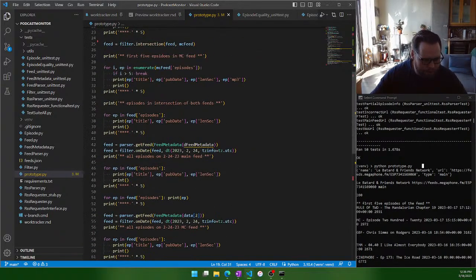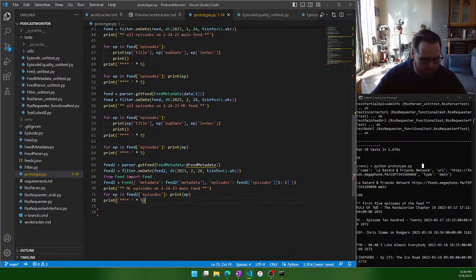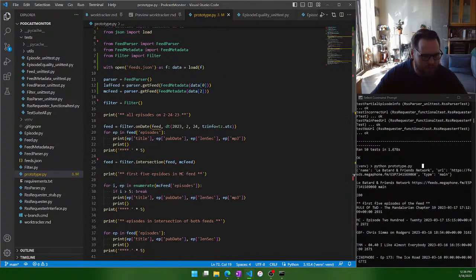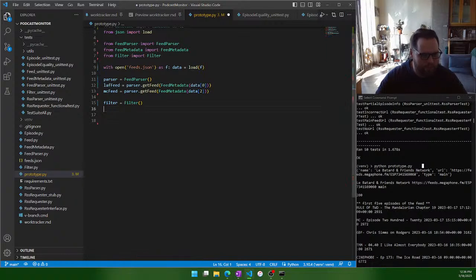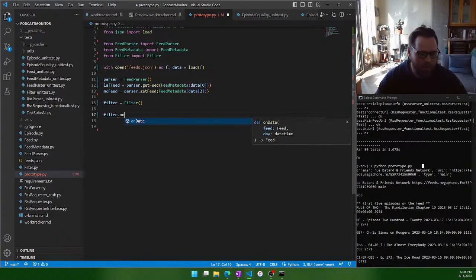Okay, and then we can get rid of all of this. We can get rid of all this stuff now too. So get rid of all that. Okay, so here we will say filter dot on date